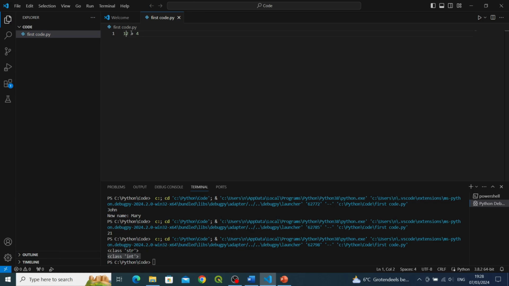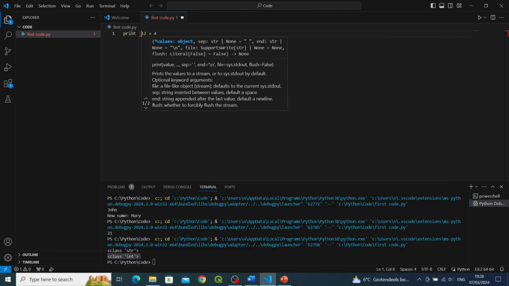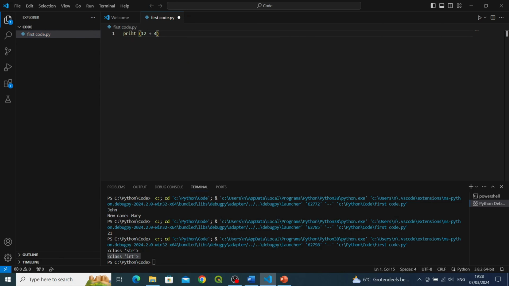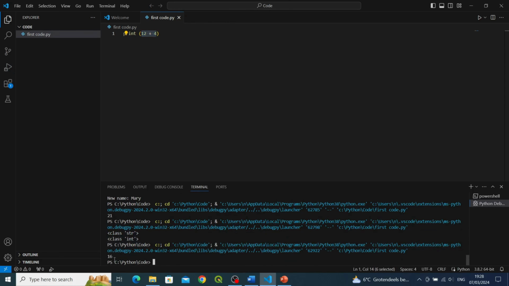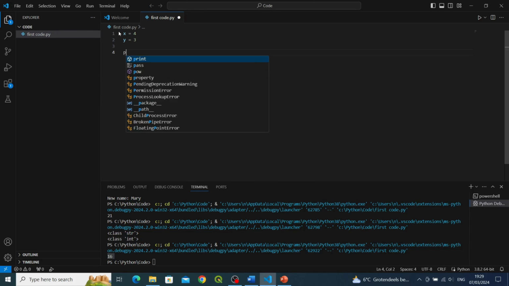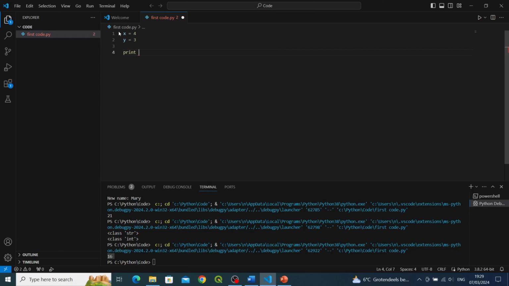We can also do print 12 plus 4. So it will solve this and give us an output. If I run the code, it gives 16. It adds this. Okay. Now let's have x equal to 4, y equal to 3, and let's add some print statements to perform different operations. So we say print x plus y,